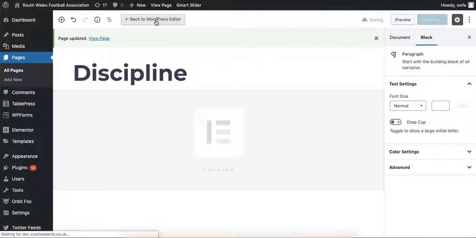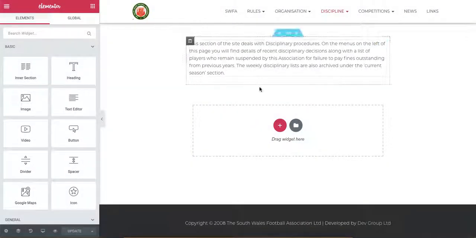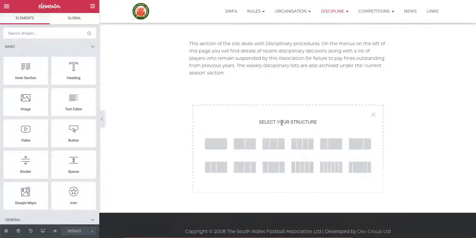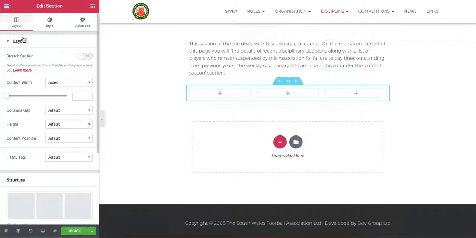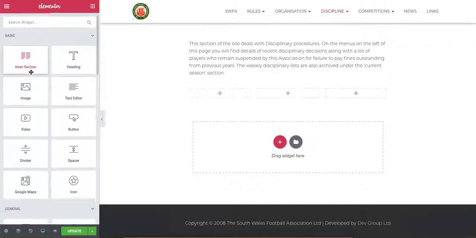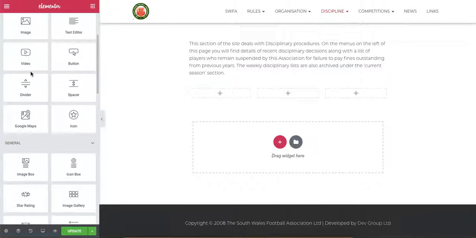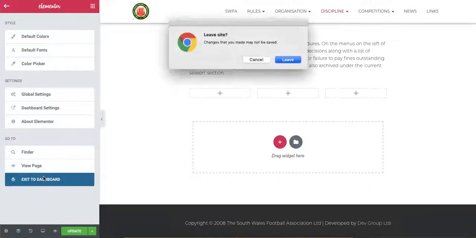But if I click edit with Elementor, there we go. You know, there's a section basic, but then you can do more powerful things. So here, add 3 sections, and go back to here to see the sections, add in a section title, etc. But you've seen that, and I probably don't want to bore you any longer. So if we go back here and edit to dashboard,